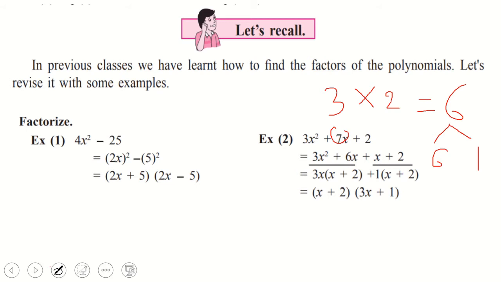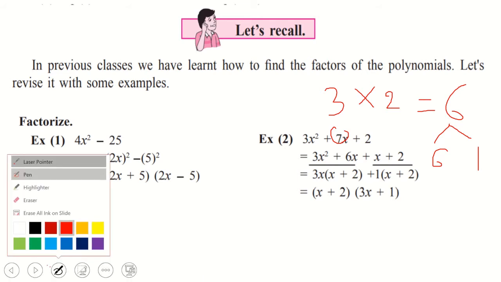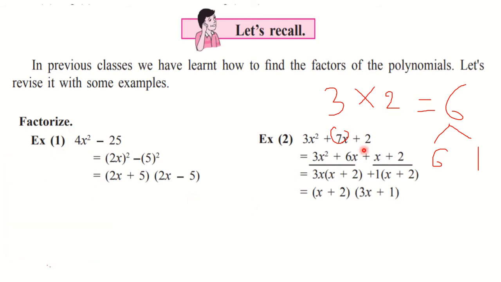So I am going to split this plus 7x here. Whatever plus 7x is given, I am going to split it as 6 plus 1. 7 I will write as 6 plus 1. Why plus only? Because I want addition here. And you can see that here the sign is positive, so both the factors 6 and 1 will have the same sign. Okay. So 7 is split as 6 and 1. Afterwards the grouping is done.